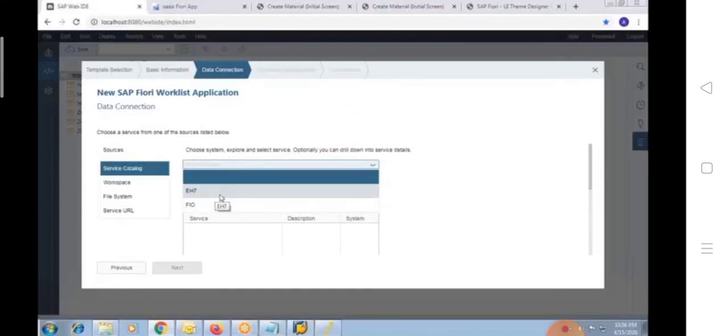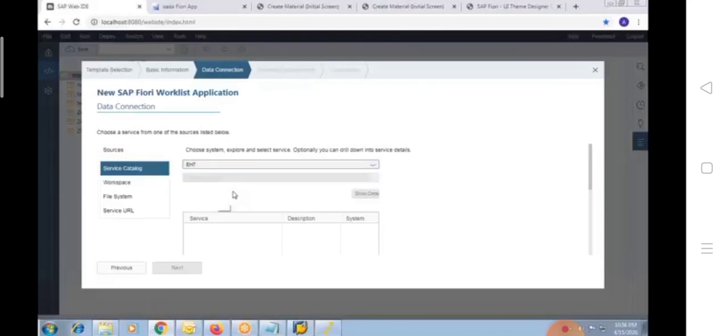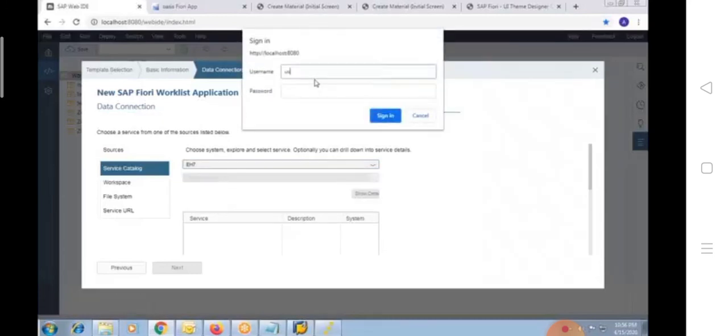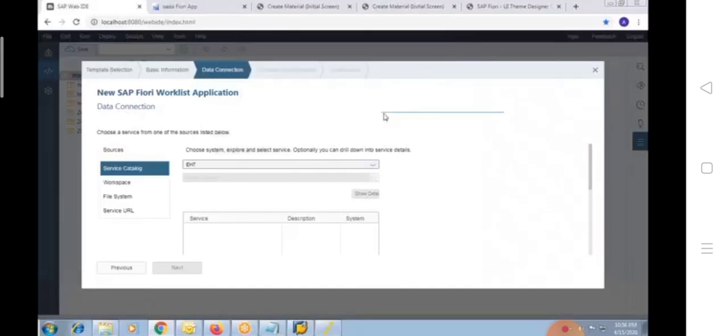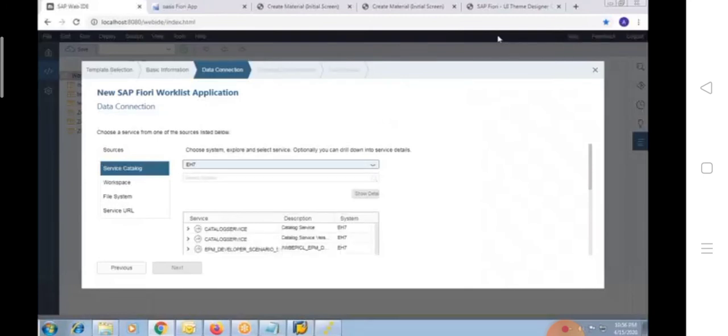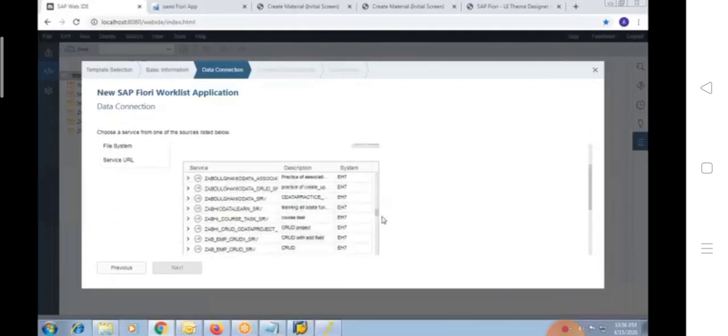In our case, I am using EH7 that connects to our OData service. Let me just connect here. If the connection is successful, you will get the list of all OData services here, and we can select a service and proceed further. We can start writing the code in the front end.